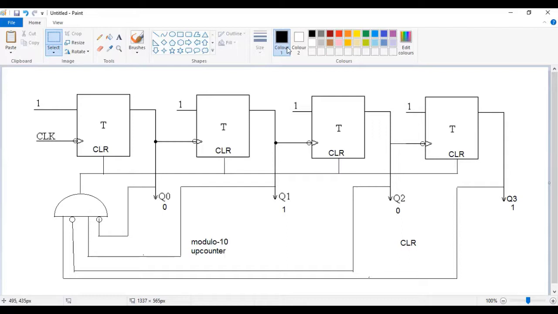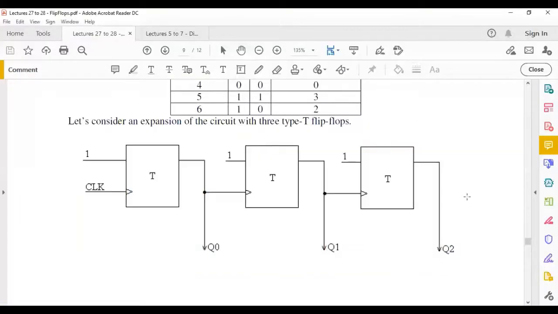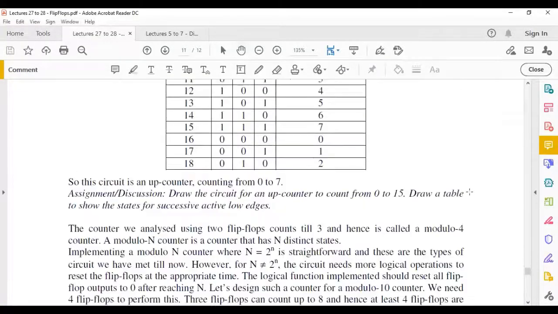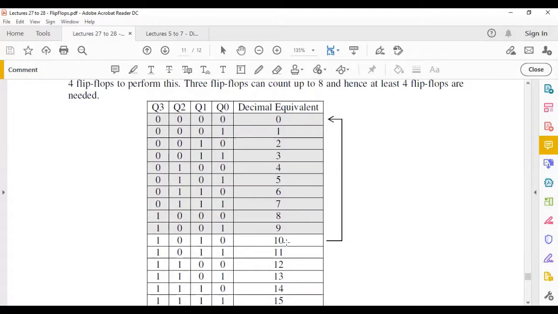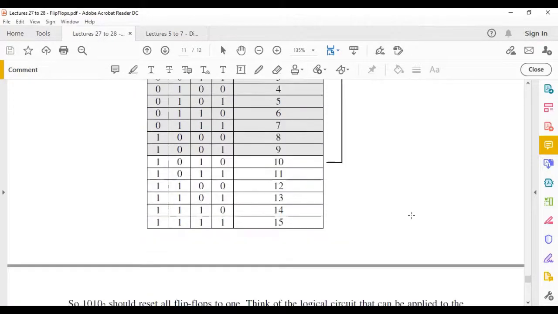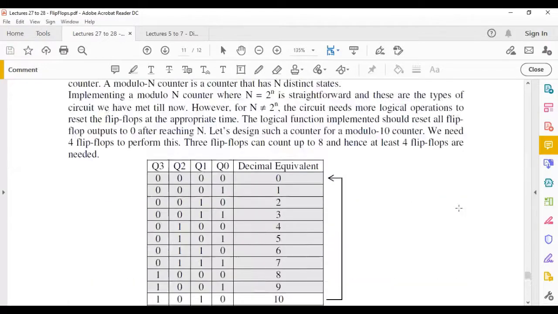So this is what you see in the notes here, this one here. So this is what you can see, that arrow there showing that when you reach that state there, it actually resets everything back here and then keeps counting. So I hope you are able now to understand how to do the modulo counter, which is not 2 power n minus 1, not 2 power n rather,